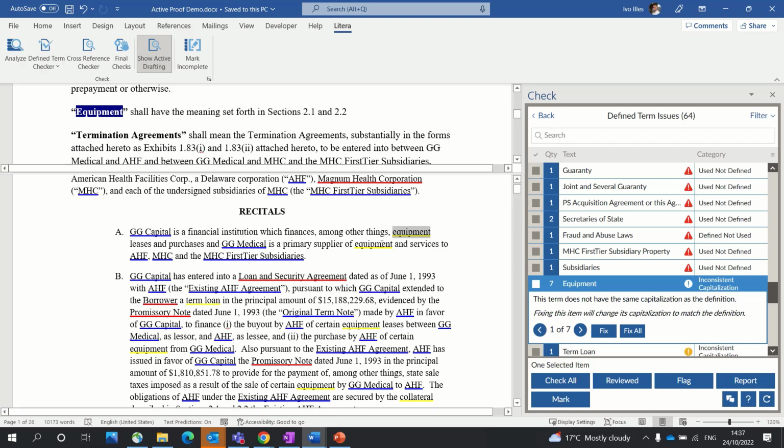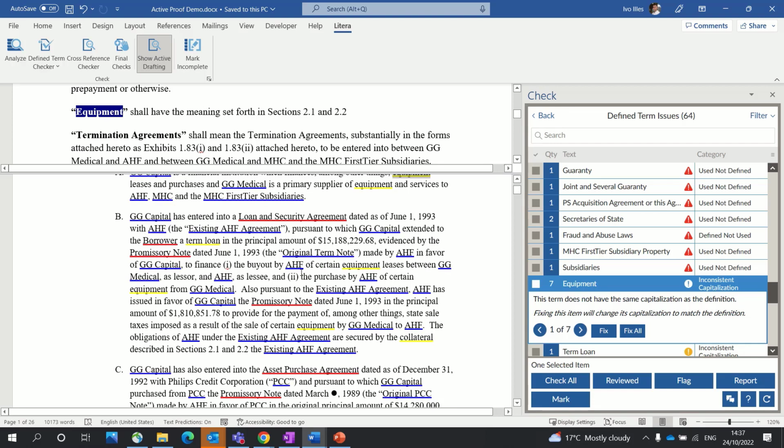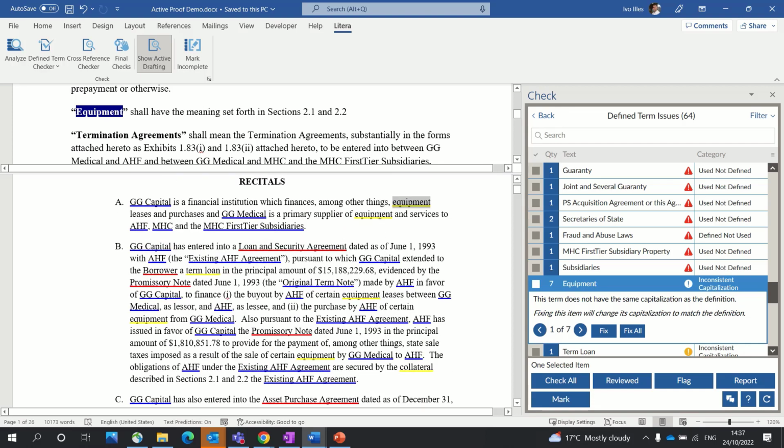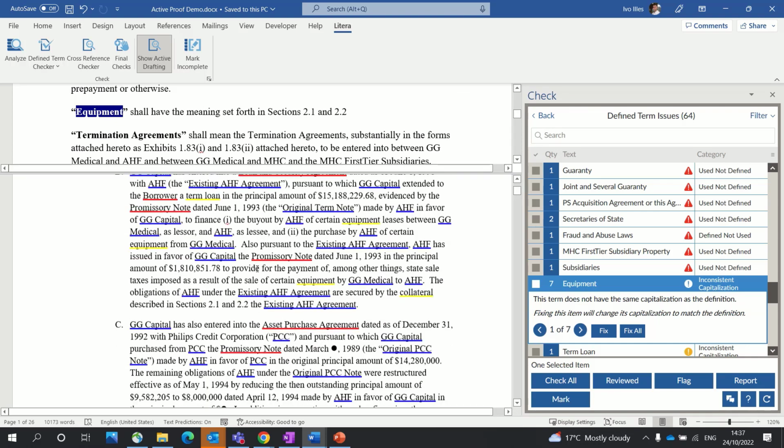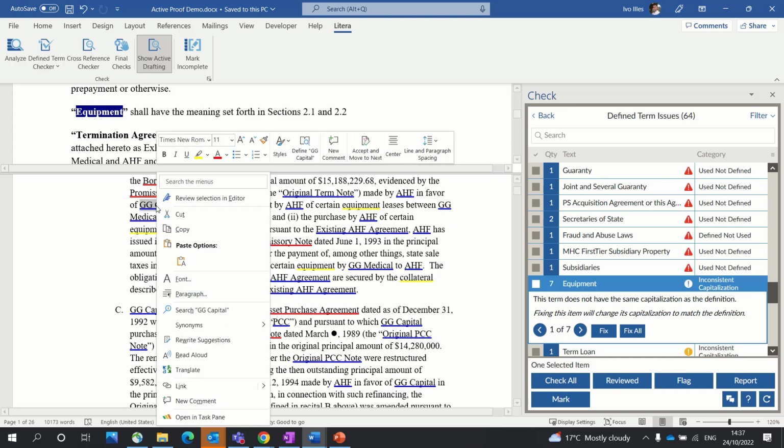You have also the right click option. So if you right click, for example, on equipment, you can select from open in task pane, or you can quickly click on the option fix inconsistent capitalization. The same, you can go and click on the GG capital, right click, and that will give you the options